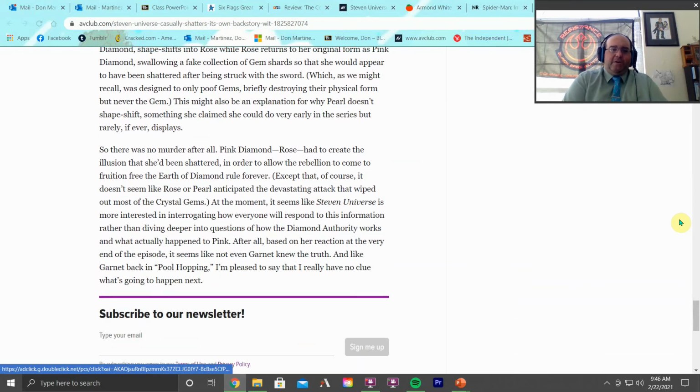Pink Diamond, Rose, had to create the illusion that she'd been shattered in order to allow the rebellion to come to fruition, free of the Earth of Diamond rule forever. Except that, of course, it doesn't seem like Rose or Pearl anticipated the devastating attack that wiped out most of the Crystal Gems. At the moment, it seems like Steven Universe is more interested in interrogating how everyone will respond